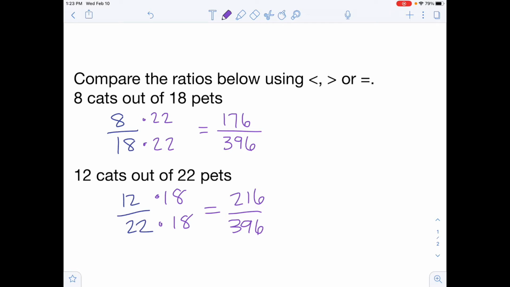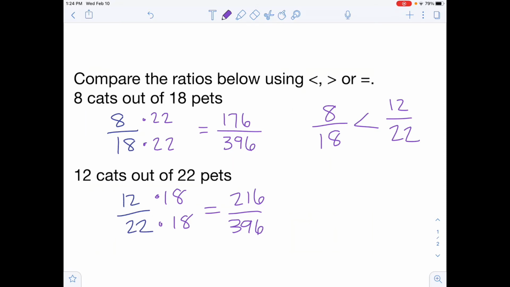216. So now that they have a common denominator, we can see that 12 cats out of 22 pets is greater than. So we're going to write it like this. 8 out of 18 is less than 12 out of 22. And you can show me that you know that by getting them to have common denominators and then comparing those